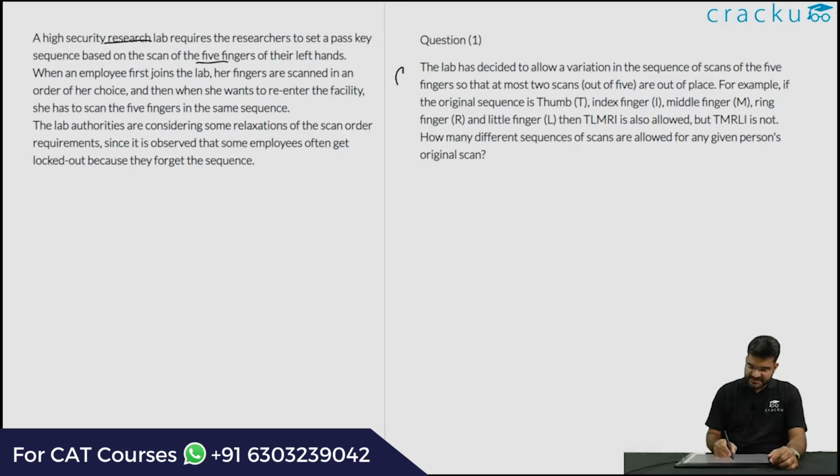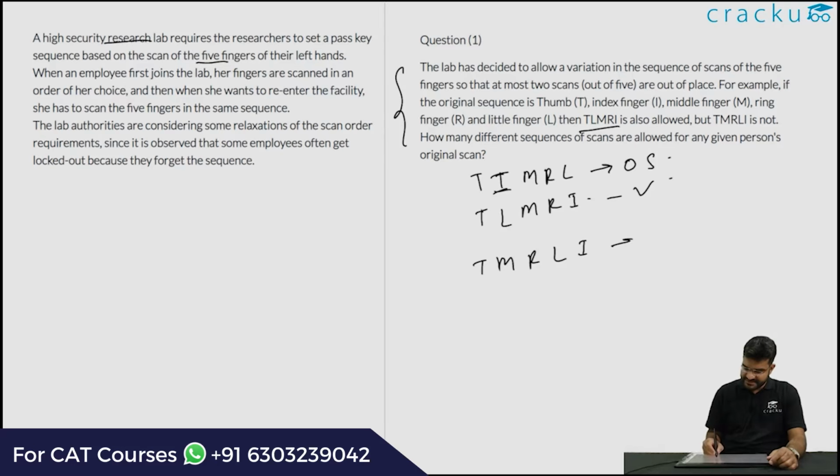In this question, it is mentioned that to allow for more variations, the lab has decided to allow a pass key if 2 out of the 5 fingers are out of place but 3 of them are in place. So for example, if the original sequence of entering was say TIMRL, if this was the original sequence, TLMRI is also allowed. So for example, TLMRI is allowed. This is allowed, but